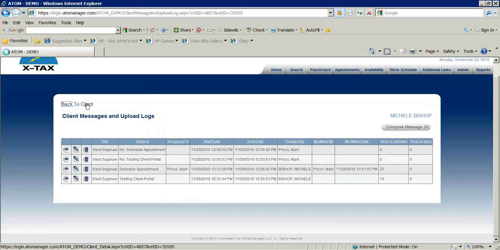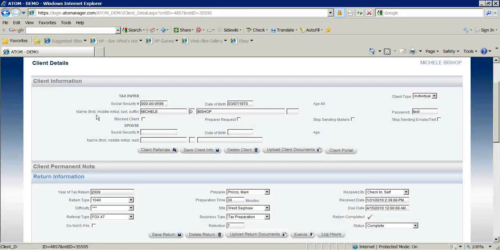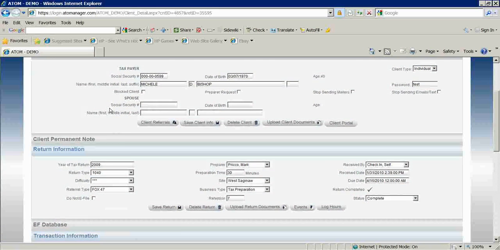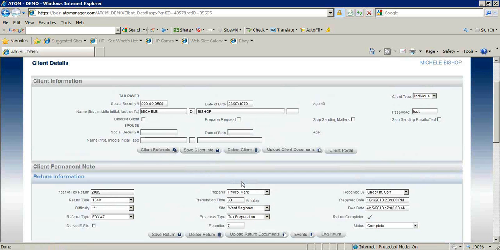Now let me go back to this page. So now we just described how you reply to a message and where those messages are stored. Now let me show you how you can compose a message. You can do it in 2 different places. If I want to initiate a message to Michelle, instead of, in this case, Michelle initiating the message to me,